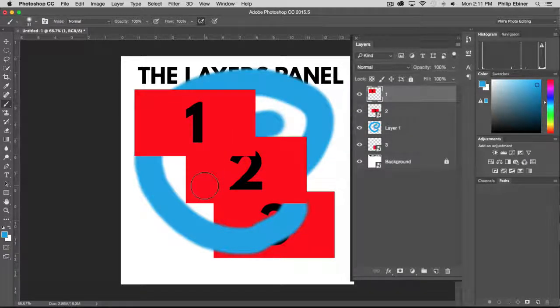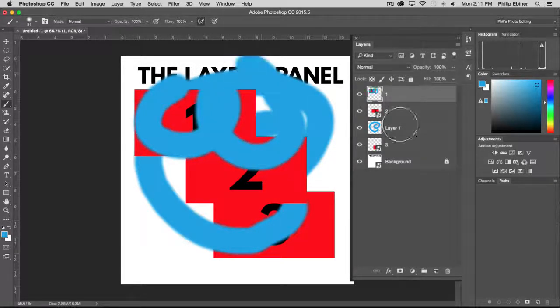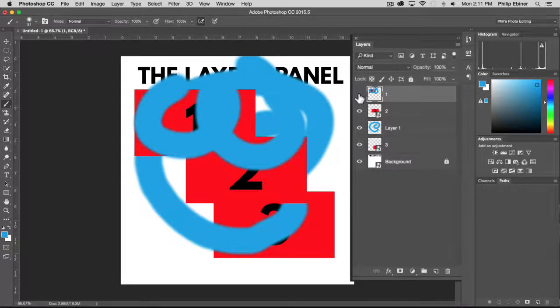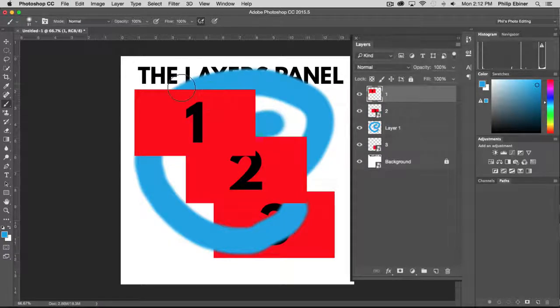Don't worry if that's a little bit confusing. We're going to go over all these things and you're going to learn throughout this course as we do different projects even better. But now we have this layer 1, it's rasterized. And if I paint onto this, it's actually painting on layer 1. So now if I turn on and off layer 1, you see that the paint is actually part of layer 1. And you can undo that last move by pressing Command Z on your keyboard,